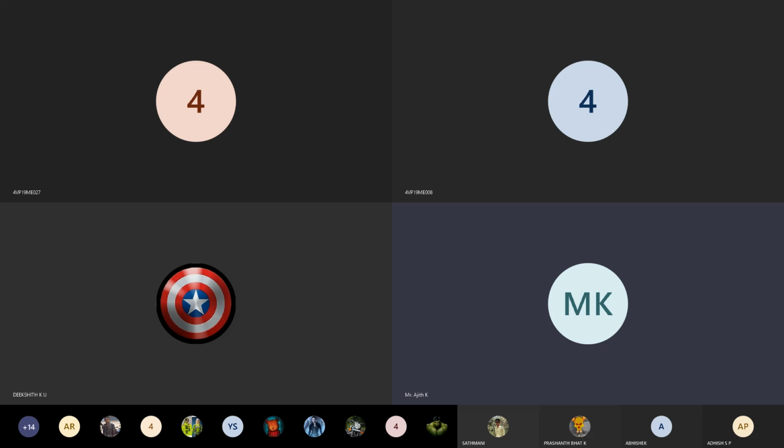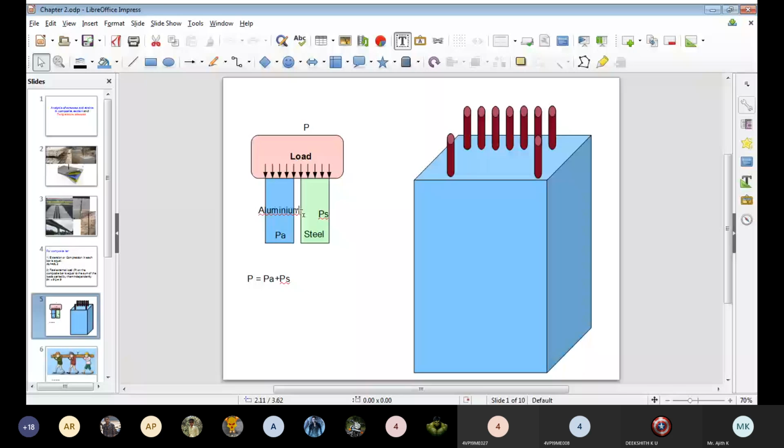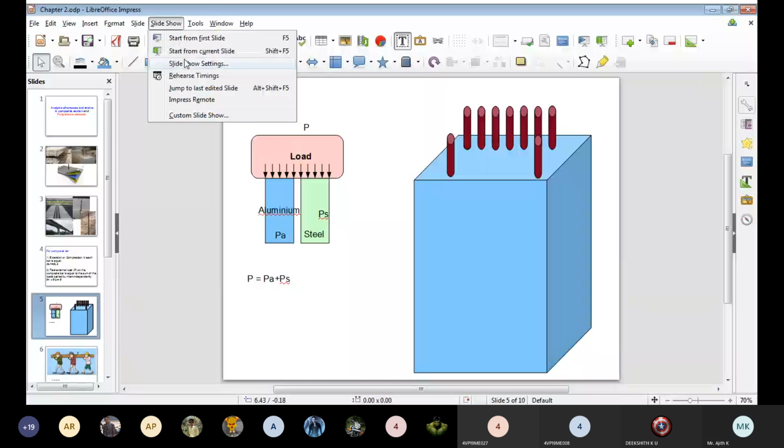We were discussing analysis of stresses and strains in composite sections and temperature stresses. First, we studied what a composite section is. A composite section is an object, part, or component made up of more than two materials. So, the first diagram, if you consider,